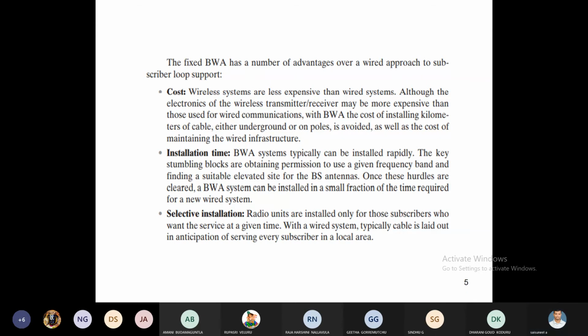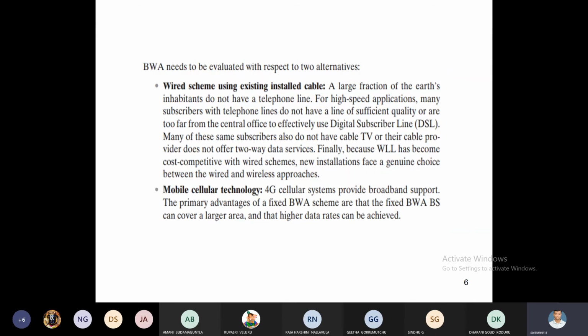Broadband wireless access needs to be evaluated with respect to alternatives. The first alternative is a wired scheme using existing installed cable, that is, a cable replacement policy.